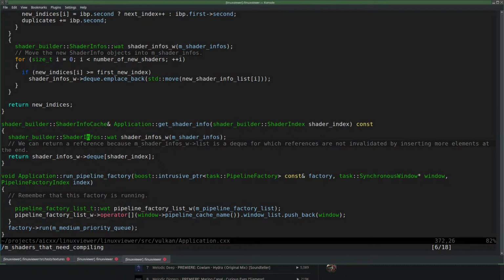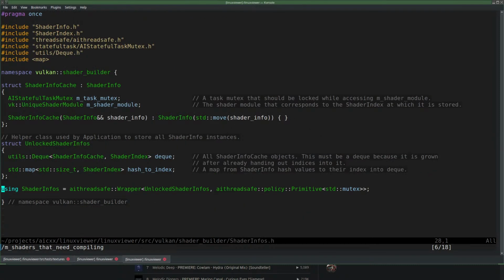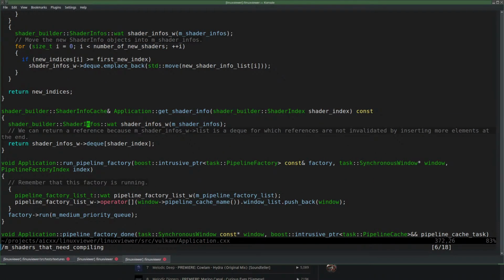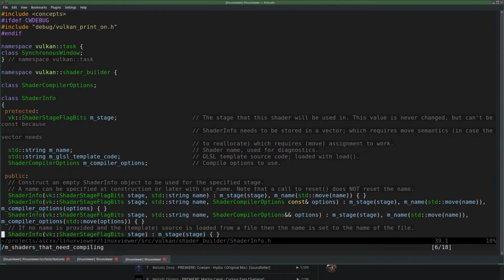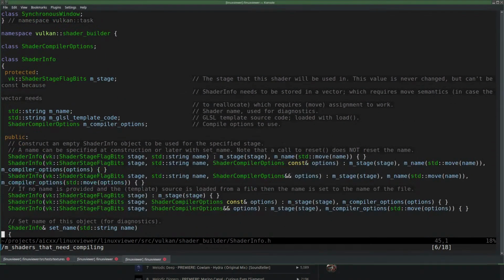Yeah, that is mutex locked and everything. Let's see. So it returns a shader info cache, which is derived from shader info, to which I can add